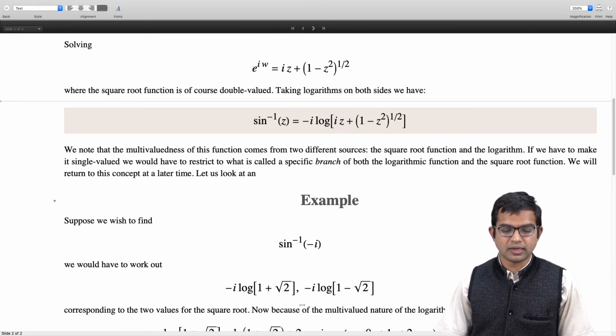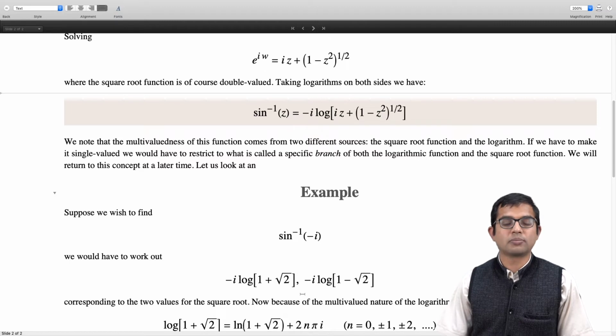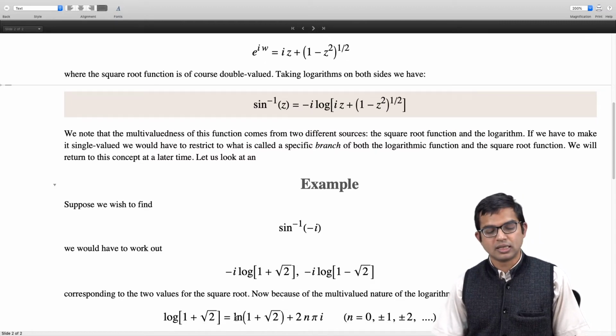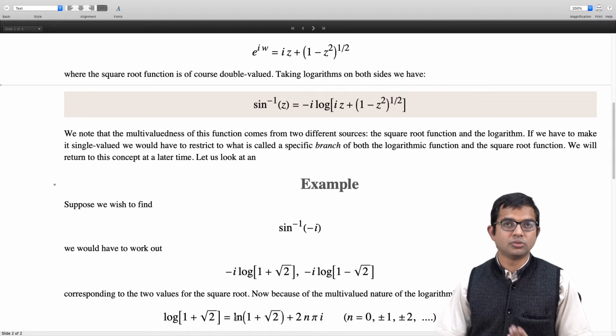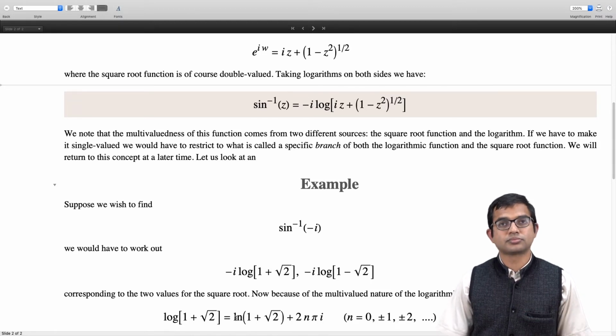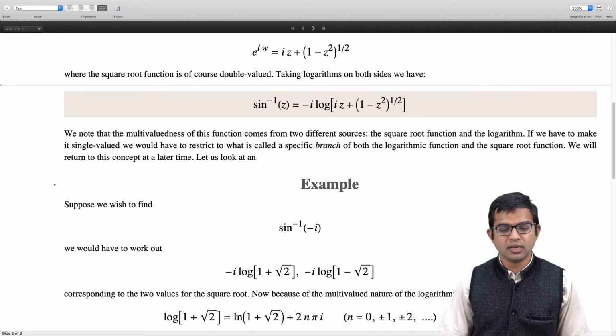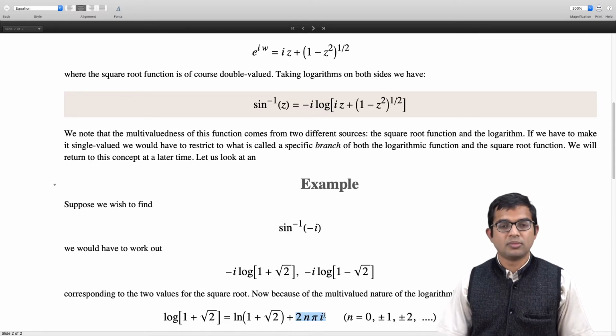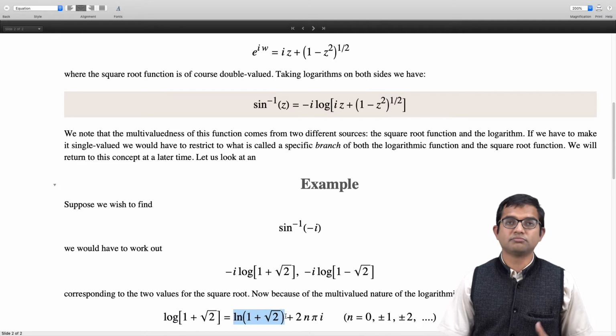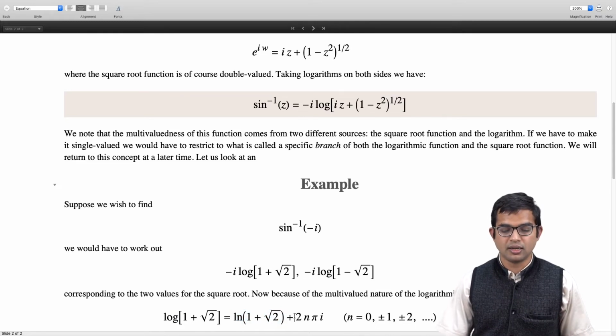there are these two different values, but let's look at log of 1 plus root 2. It's convenient to call this ln of 1 plus root 2 to refer to the value that we ascribe to the logarithm of a positive real number, the usual value that we ascribe. But in fact, there is also this freedom of adding 2n pi i, right? As we have seen, it's a multi-valued function. So in general, if you write log of any number, including a real positive number, it's not just the usual number that we ascribe to the logarithm of a positive number, but in fact you can add 2n pi i for free, where n can be any integer, right? So this is what we mean by this quantity.